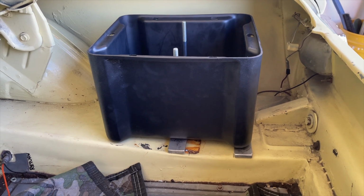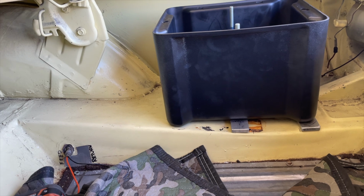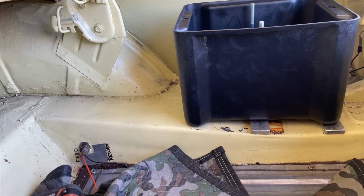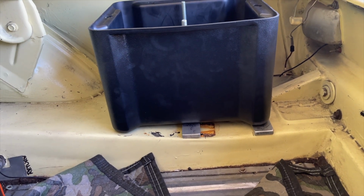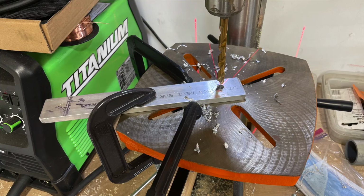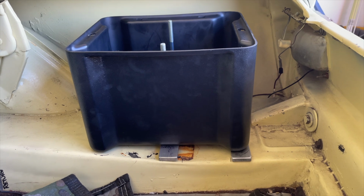So what I came up with here when it comes to installing the battery box, and you might be able to tell if you look at that flat panel there, it's not flat, right? It actually transitions downward to the back. So there's not a flat, even surface to mount the box. So I came up with the spacers, which is just 1/4 inch by 1.5 inch aluminum, and placed them on,